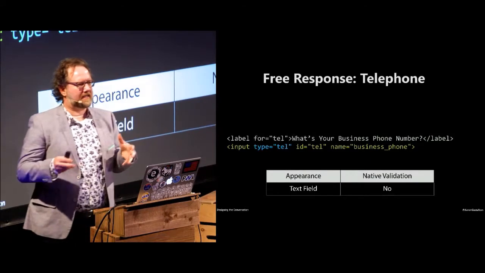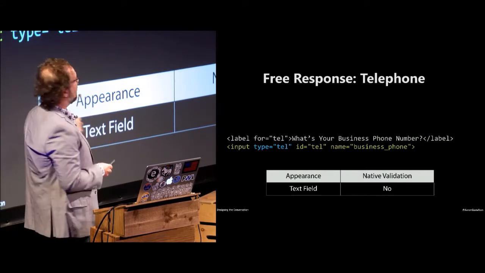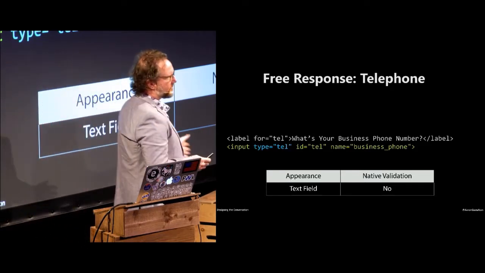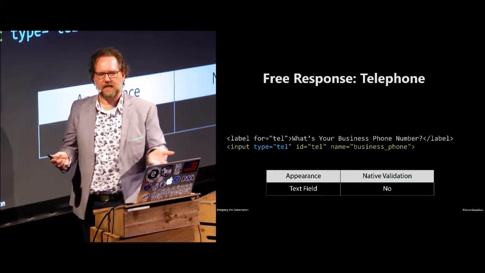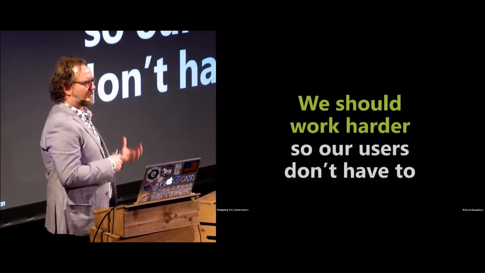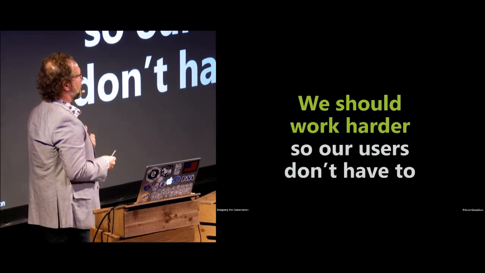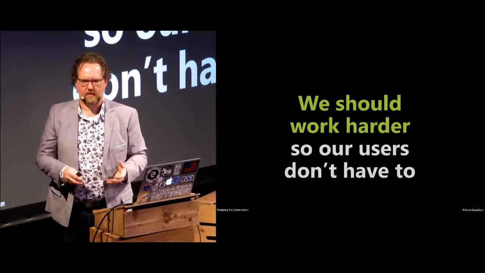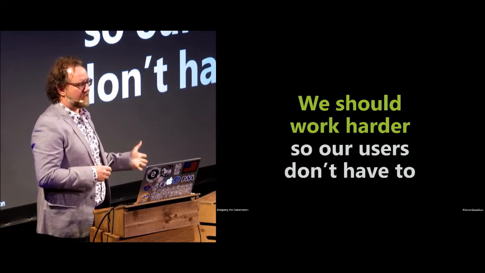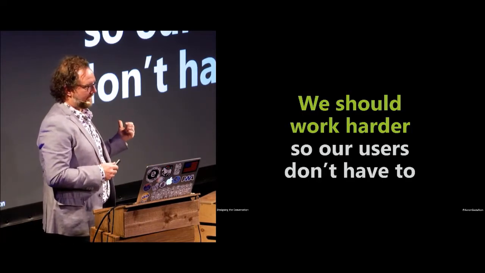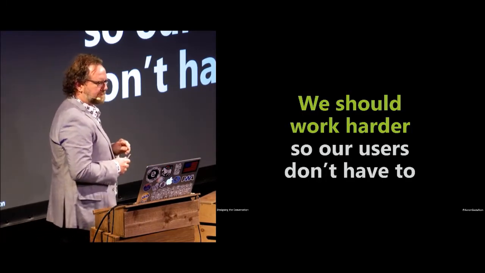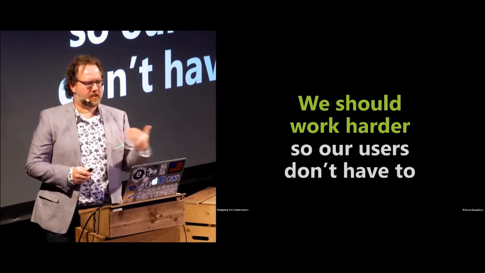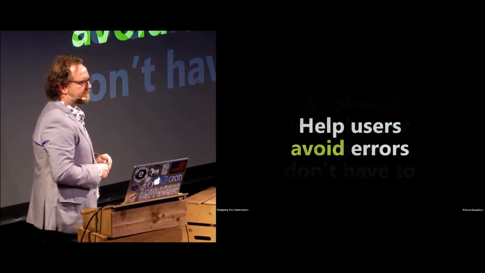Right? For all of these reasons, it just makes sense to use what HTML gives us, and there is a specific tel field. Right? It doesn't validate phone numbers because there are too many international formats and lengths and stuff like that, but that's okay. We should be doing that work on the server side anyway. It's inconsequential for us to write code to sanitize and homogenize content, things like phone numbers, passport numbers. And honestly, we should be writing that code anyway because we can't trust what comes from the client. And I'll talk more about that in a moment. If we want consistency and we want structure in our data, we should be enforcing that ourselves. And we should be working harder so that we aren't making our users work harder.